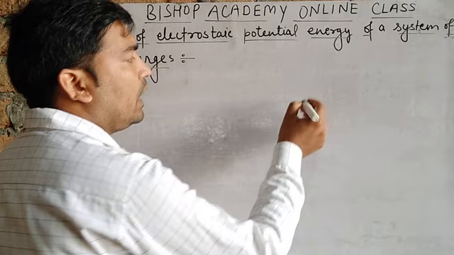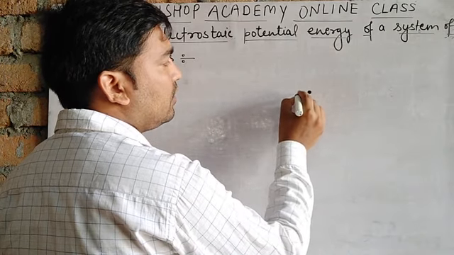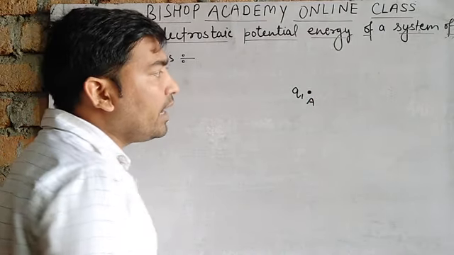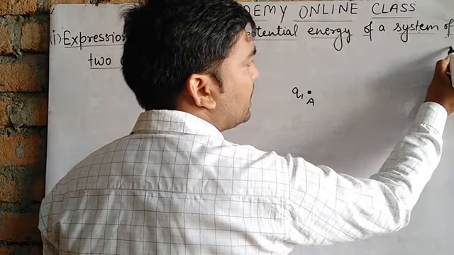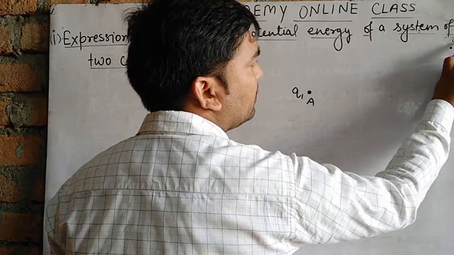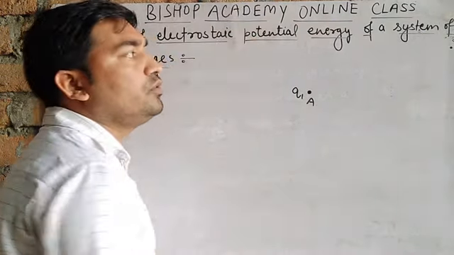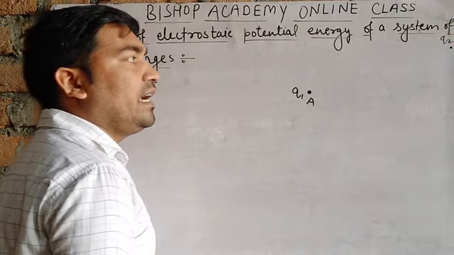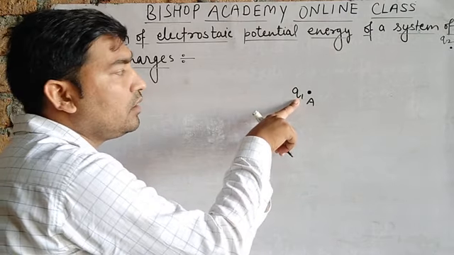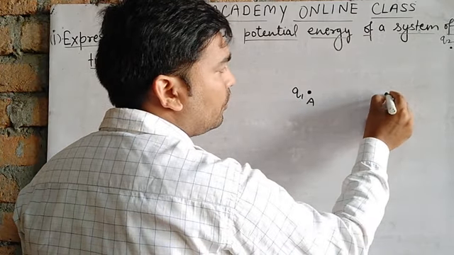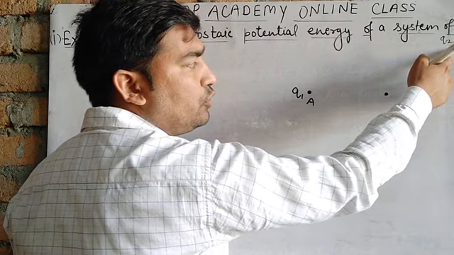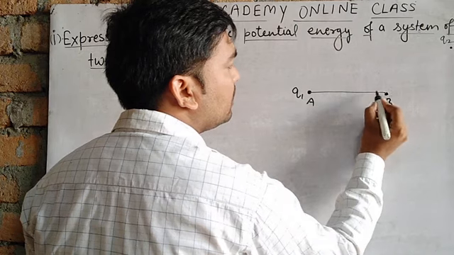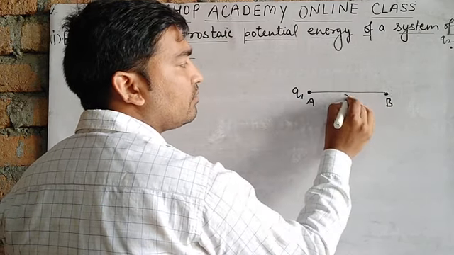In this topic, let us consider a charge Q1 placed at point A and another charge Q2 placed at infinity with respect to Q1, and we have to bring this Q2 at point B, which is r distance from the point A,